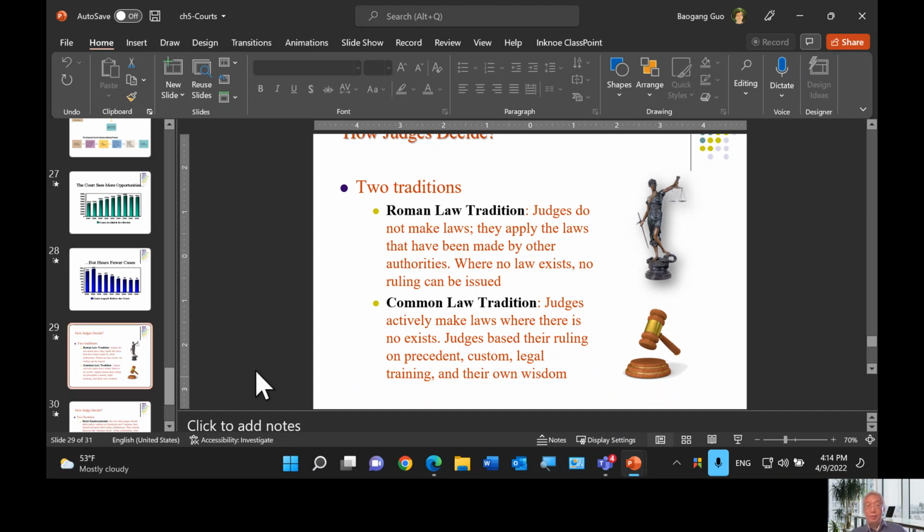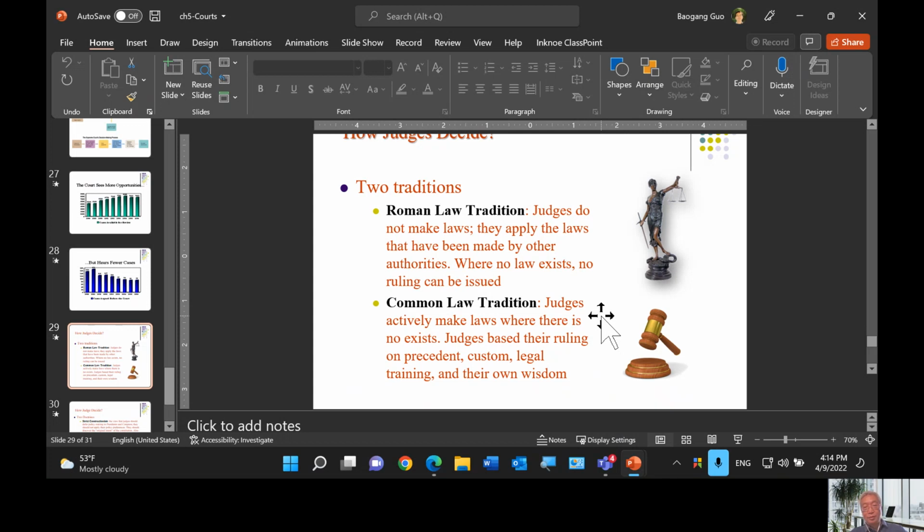The Americans, being a former British colony, were heavily influenced by the British common law tradition in their legal system. In Great Britain, the system is based on common law. Judges have historically made thousands of rulings, and those rulings have become part of British common law.